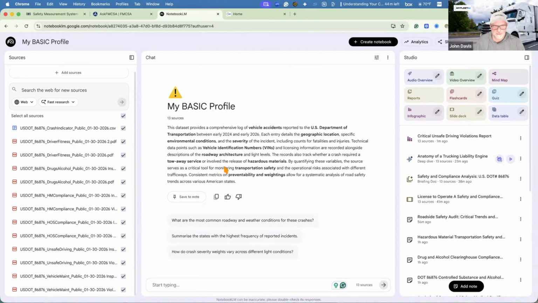So I downloaded the data from the CSA. I uploaded it here. I had a conversation with it. And then, put your safety hat on, I just played with this and none of this is correct. I didn't correct anything. It's just the raw data. It doesn't mean anything, but I want you to see some of the outputs of what this can do